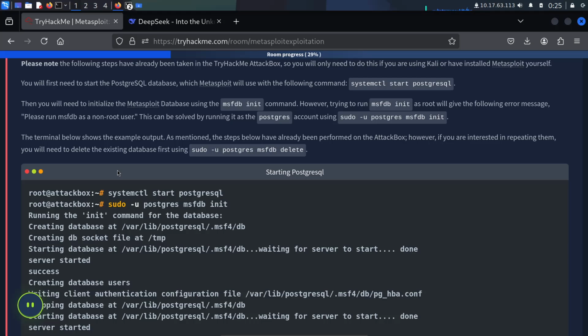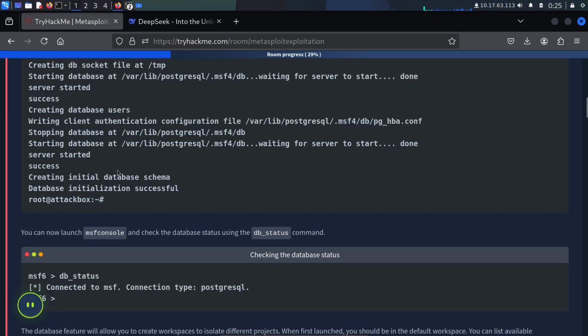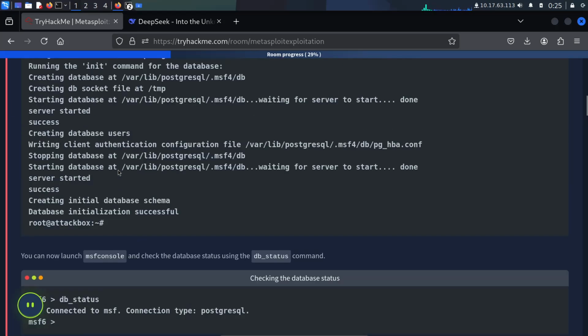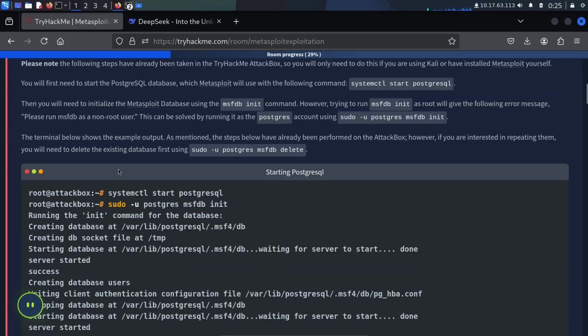You can try this. Then you will need to initialize the Metasploit database using the msfdb init command. Trying to run msfdb init as root will give the following error message: please run msfdb as a non-root user.